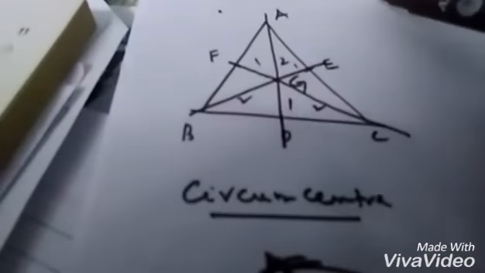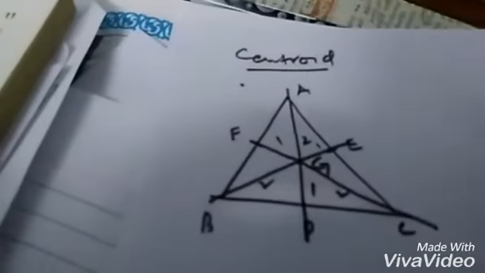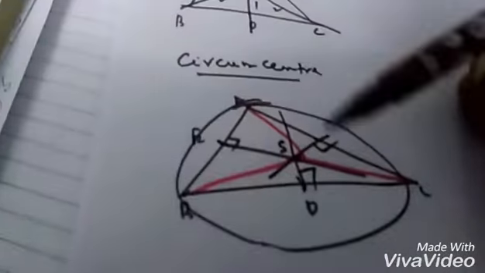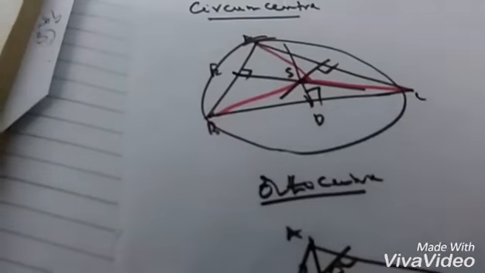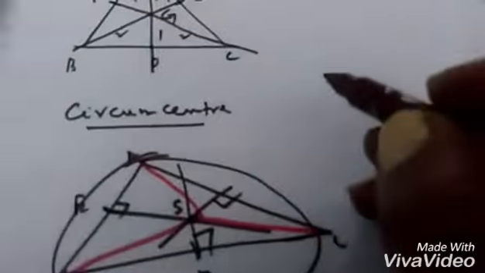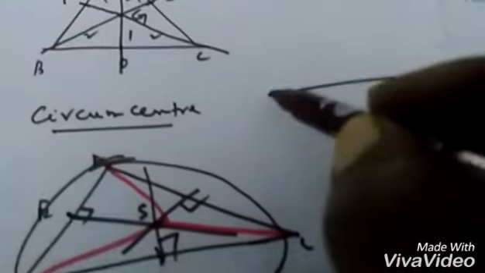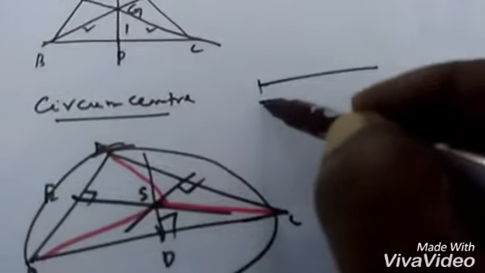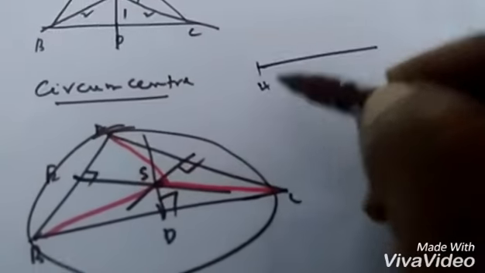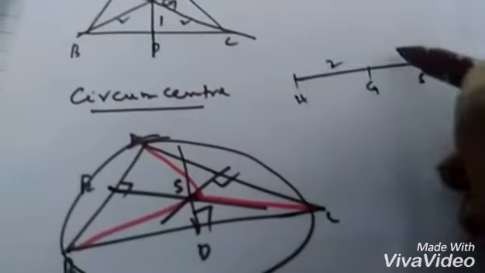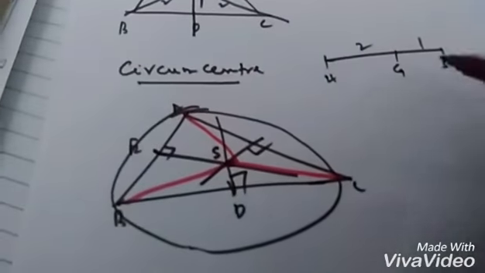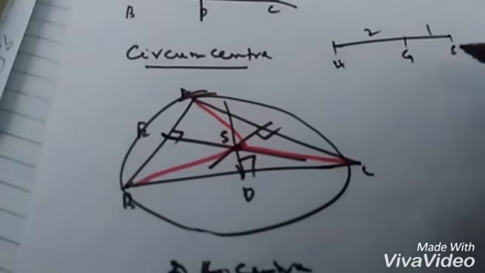So we have seen that the centroid is the point of intersection of medians of a triangle. We have taken centroid, circumcentre and orthocentre. As I told you, the relation between centroid, circumcentre and orthocentre is always like this. If I draw like this, say for example this is orthocentre H, this is G, centroid, and this is S, circumcentre. G divides in the ratio 2:1. So always H, S and G are collinear. That means if I take a triangle here,